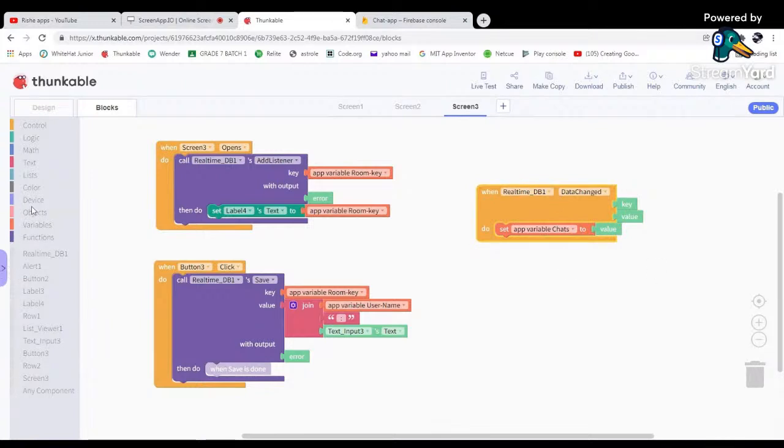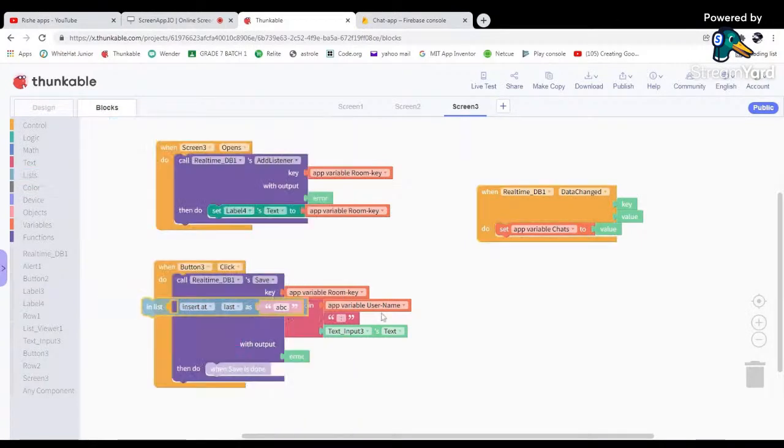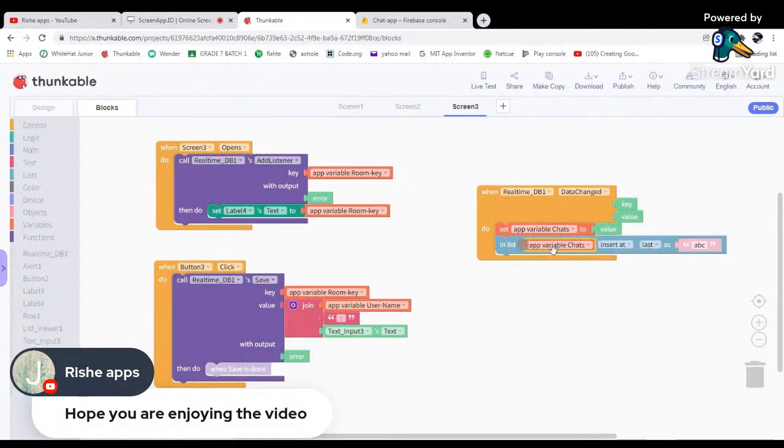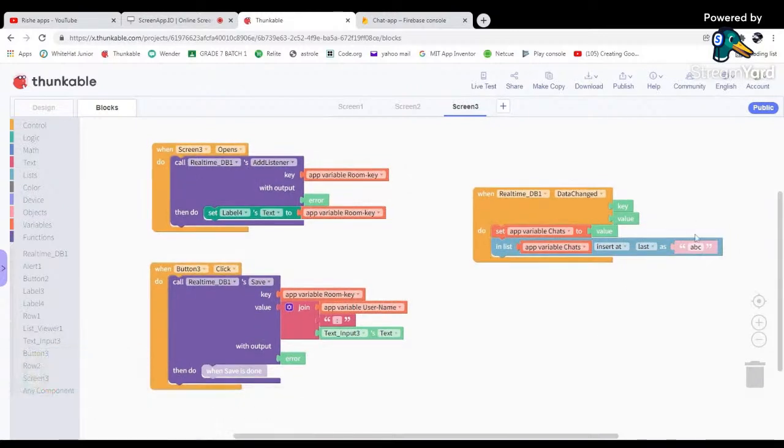We are going to go to the list and get the insert at last block. In list is going to be the variable chats, and that is going to insert at first. Okay, in can be last, and the value is going to be